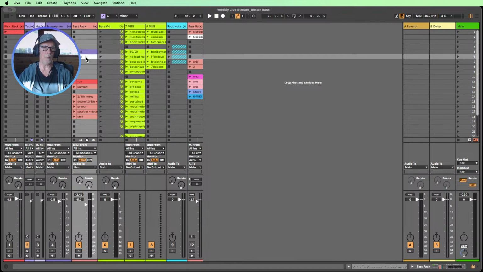Like I said, it can get you out of a writer's block, creative block, something like that, perhaps just getting a bit of inspiration going, and off you go. You've got a bass and you can work with that. And as I said, there's lots of possibilities with everything we've looked at to expand it, stretch it, turn it into lots of good stuff.